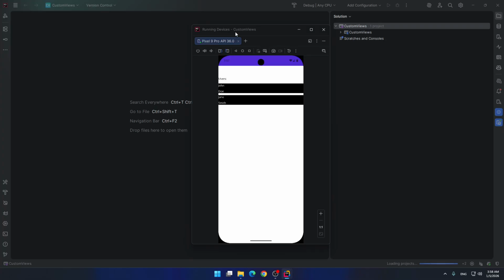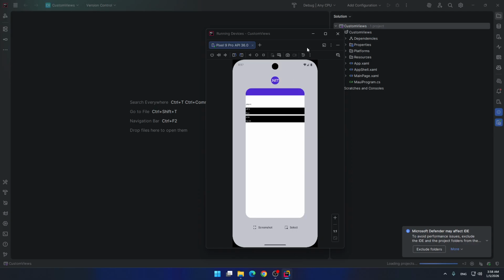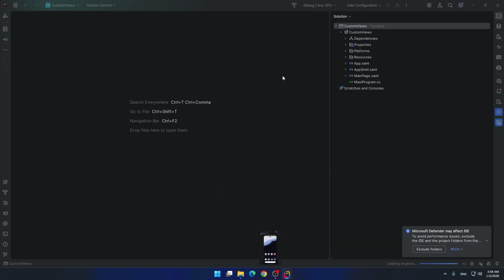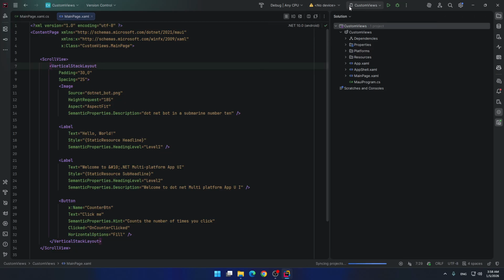It's first load, so give it some time, okay? Let's work on Android first.